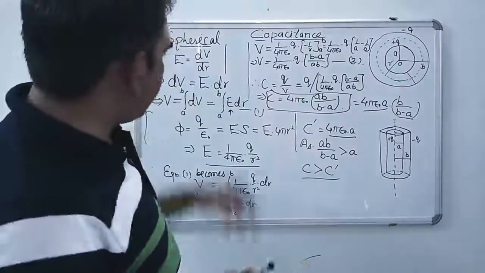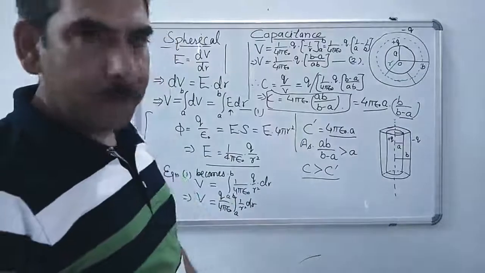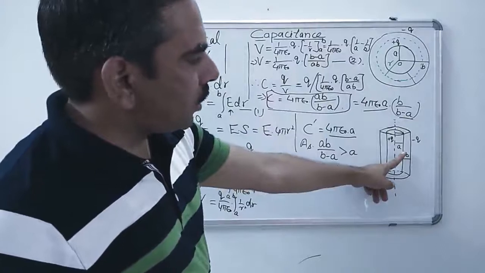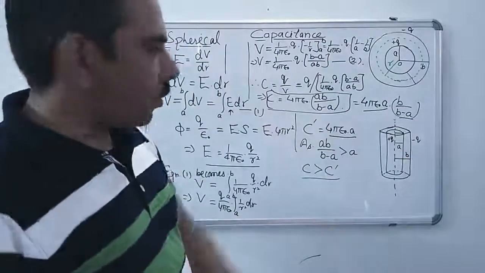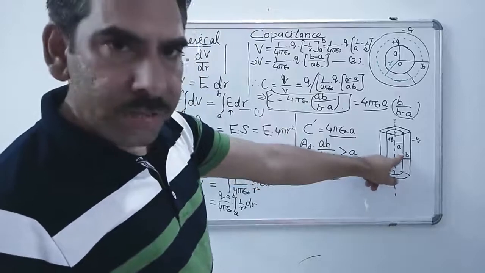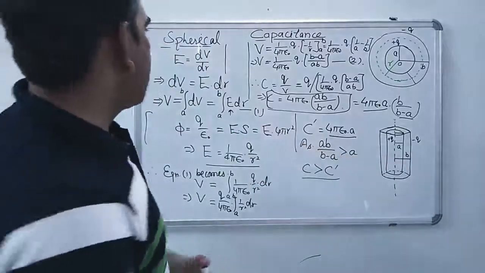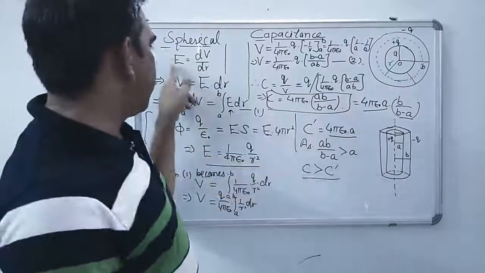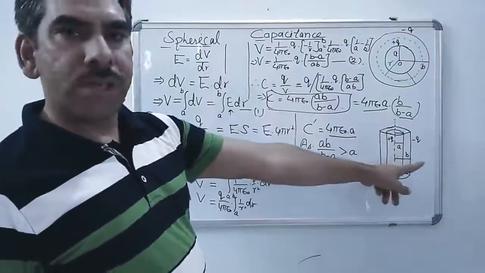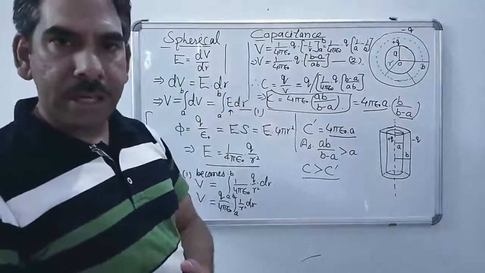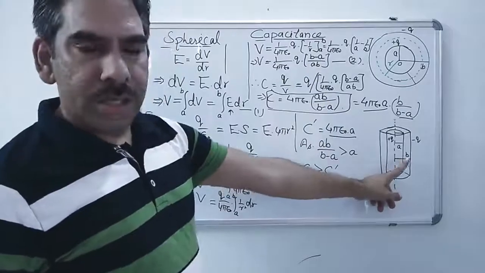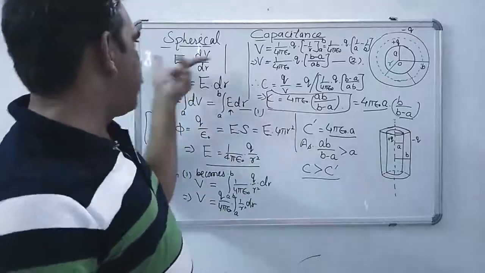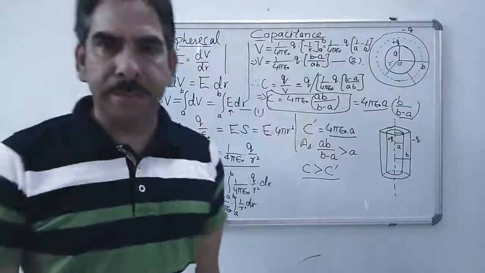So we proceed in very similar steps in order to find out its expression. The variation of electric field from the inner surface to the outer surface is given by this expression, because potential changes from the inner surface to the outer cylindrical surface. So from here we write the same expression for the cylindrical capacitor. The electric field of a cylindrical capacitor from the inner surface to the outer surface is given by dV upon dr, because potential changes from the inner cylindrical surface to the outer cylindrical surface because distance changes. So we write it as, and from here dV becomes equal to E into dr.